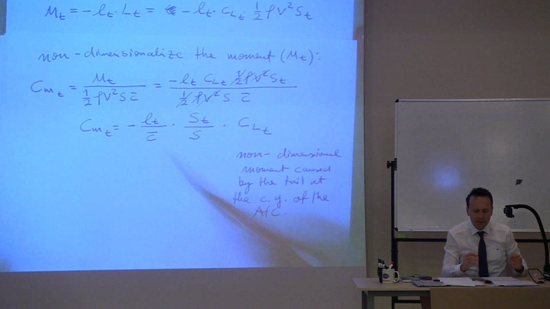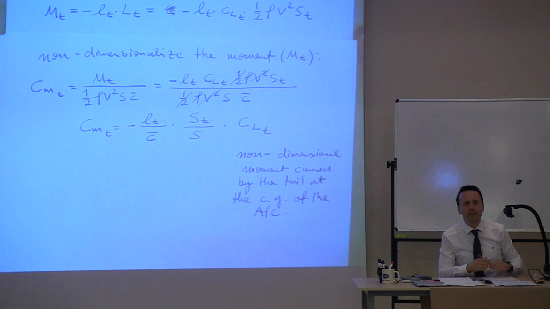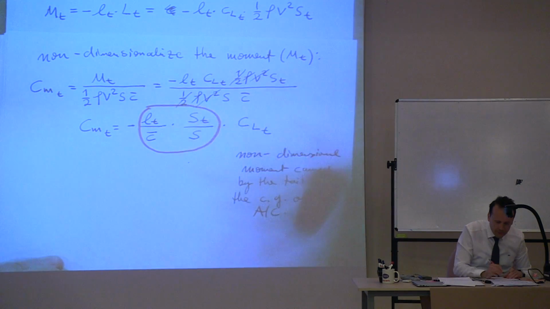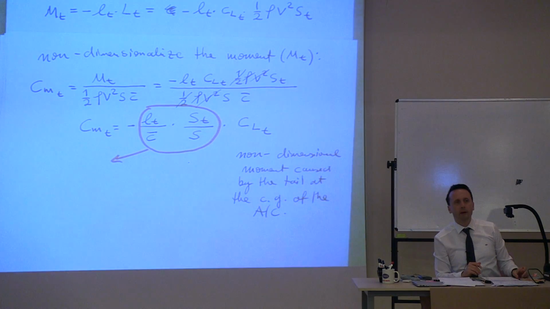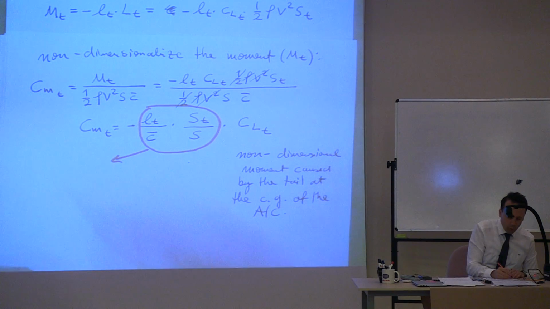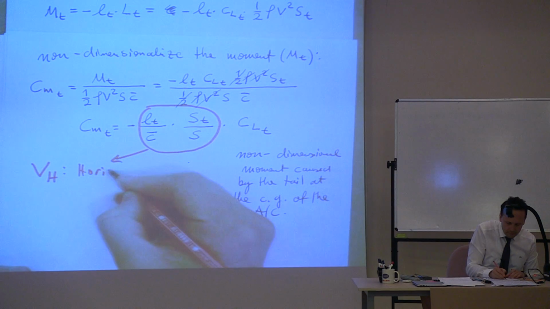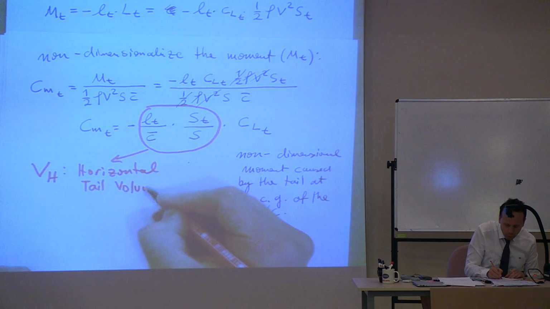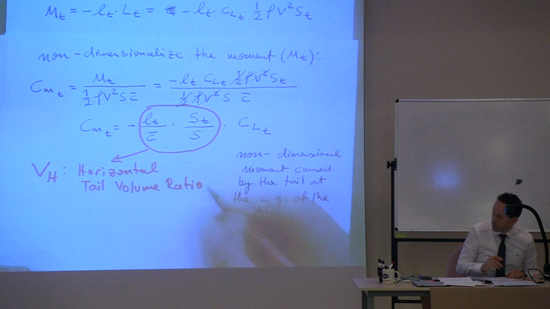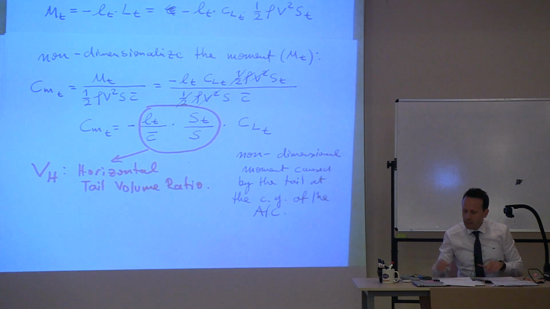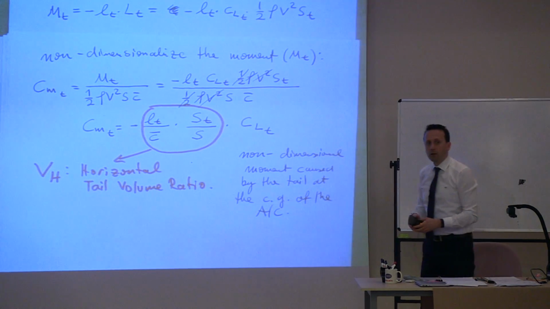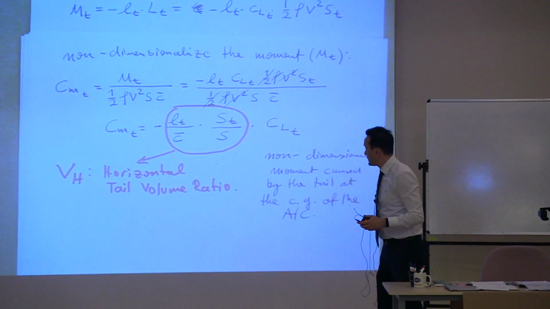Now, why did I write this in this form? There's a good reason for it. Because this number is an important number. Okay? We call it VH. And it is the horizontal tail volume ratio. And it's an important number in aircraft design. We use this number when we design airplanes,